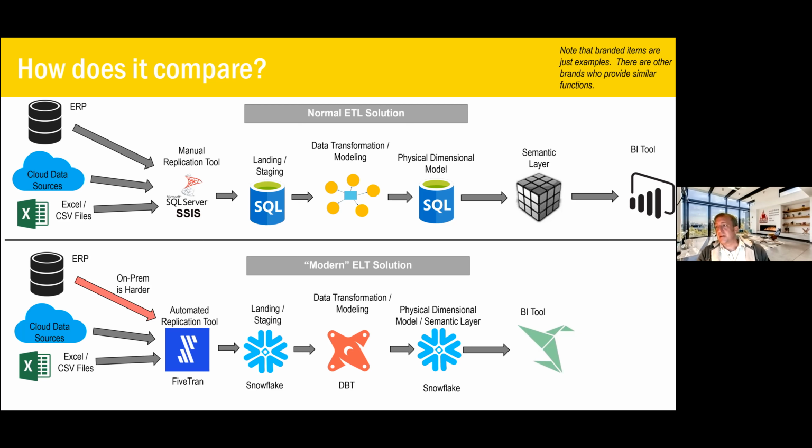Transformation tools. So dbt is the one I keep hearing about. Some people use Alteryx to fill this role, to do the transformation step. Any others that people are aware of? In particular, those that can allow you to check in your transformation code into Git, which I think is one of the major advantages. ADF, you can do that. That's right. Yeah, Azure Data Factory.